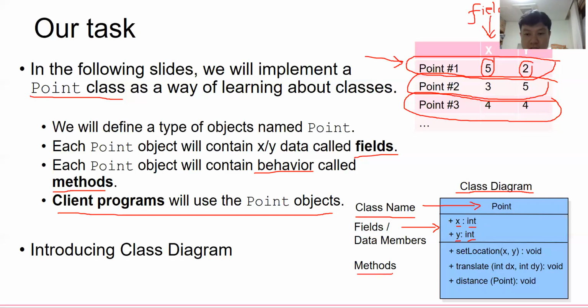And the methods inside of this class, there will be 3. So at this moment, let's say I have 3 methods. Set location. So I want to set the data, let's say x, comma, y. And this is a method of void. You know that if it is void, then it is a method